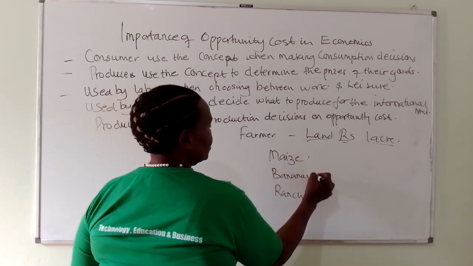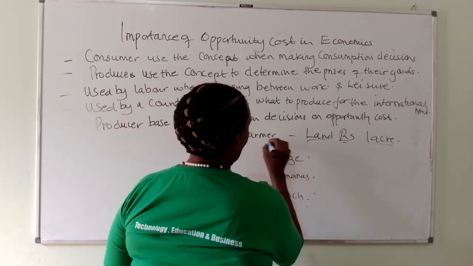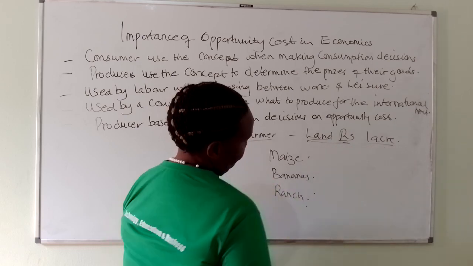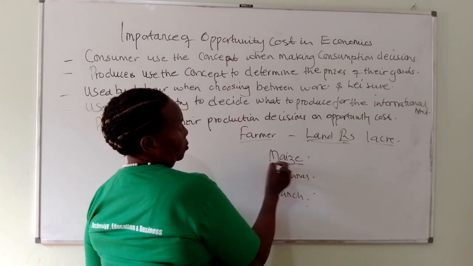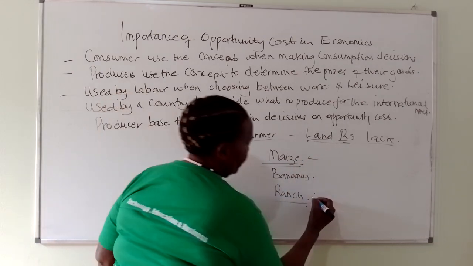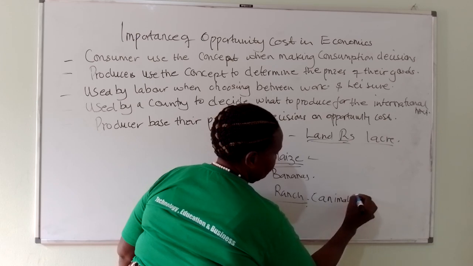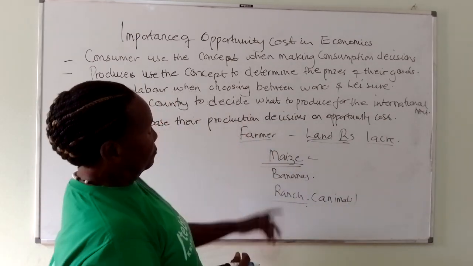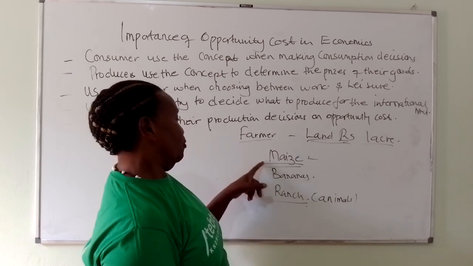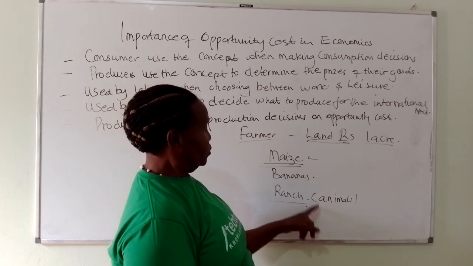So these are the options which can be utilized on an acre of land that the farmer has. And the land is not much, only 1 acre is available. The moment you choose to plant maize, then you cannot have animals there. A ranch may be that of animals, either for meat or for milk. So the moment you choose to use your land for maize, remember that you cannot at the same time use the same land to rear animals.